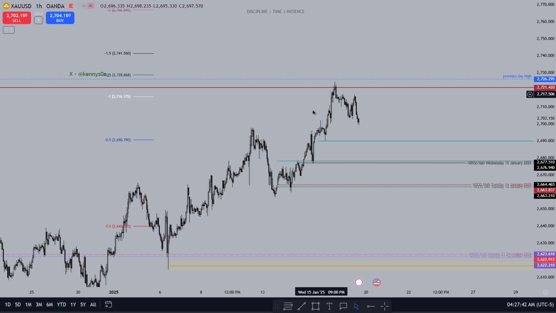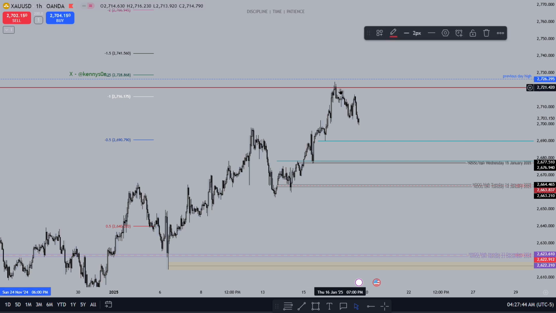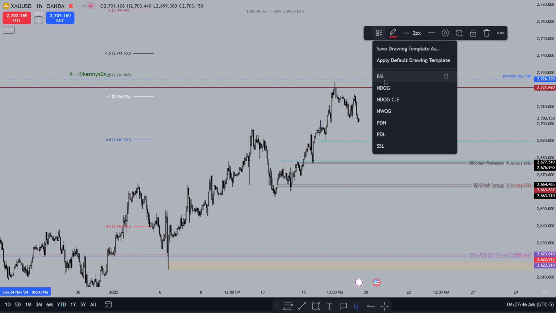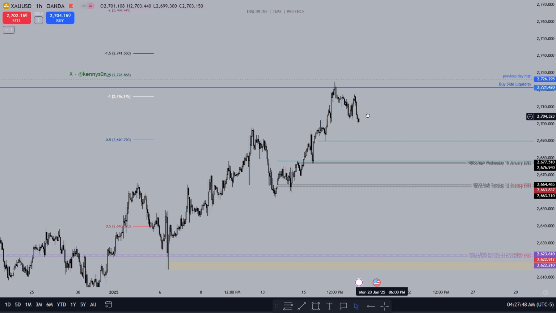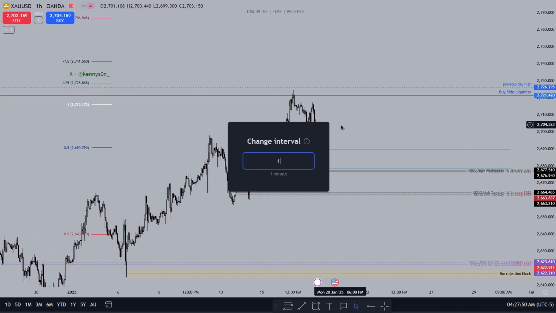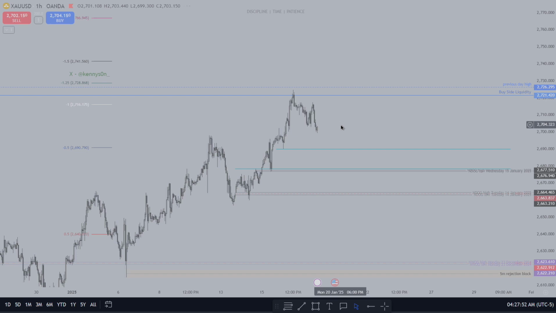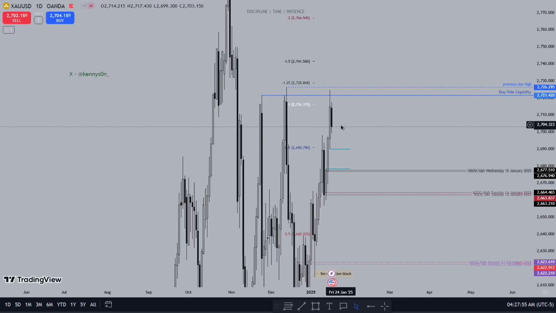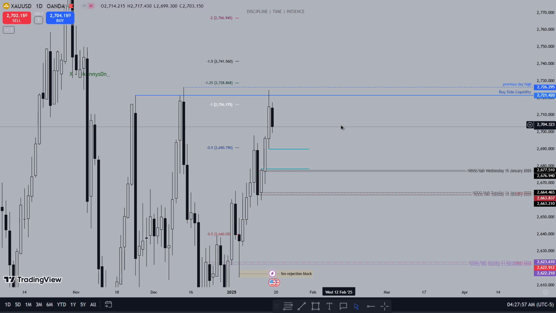See what happened right there? That's old buy side liquidity. If you go back to the daily, you see that that's an old daily high. Even though the liquidity was taken out there,